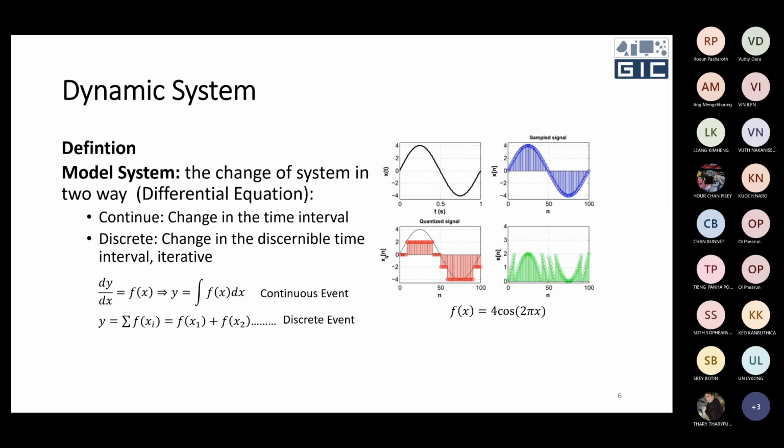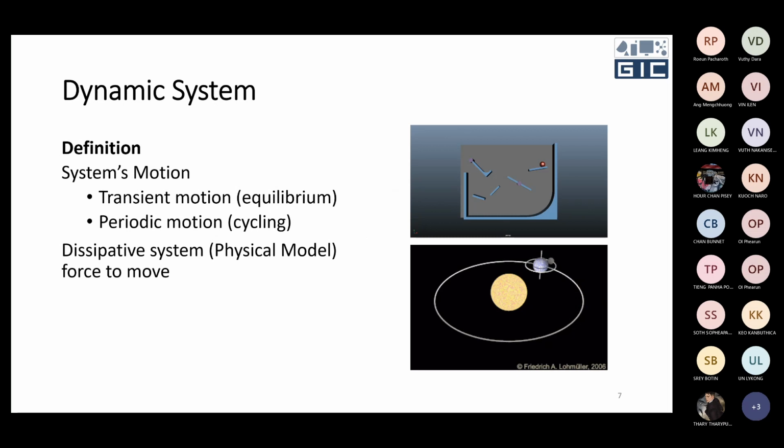So the system can be generalized into some specific motions. As you see in the first figure, the motion of the dropping ball is based on the situation that you try to capture the characteristic of the system. But when it reaches one point, it will drop to the final state we call equilibrium. Equilibrium means that in this case it's like a stable state of the system. So when you try to capture the motion of the system, you can capture in two motions. One is transient, the other one is periodic.